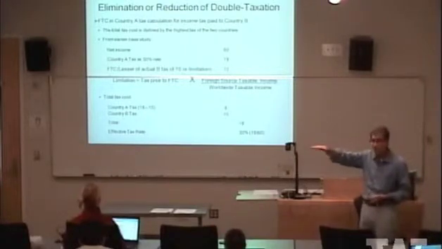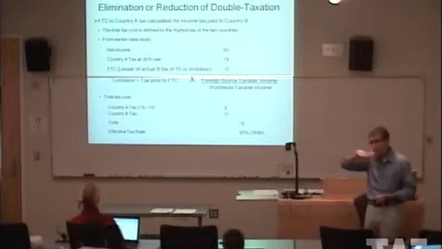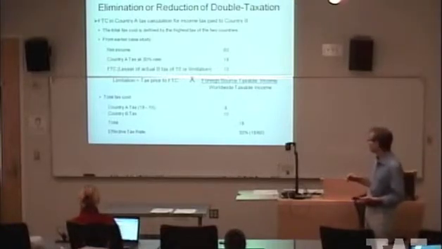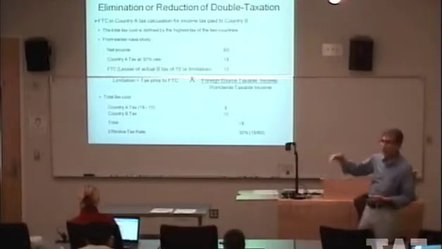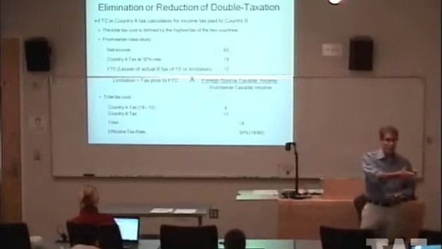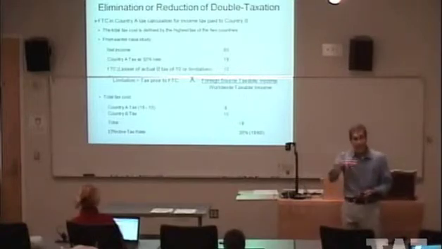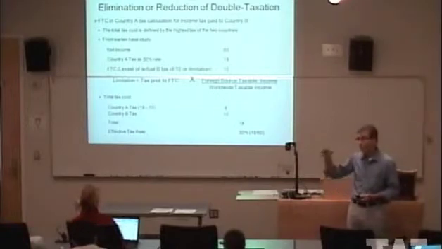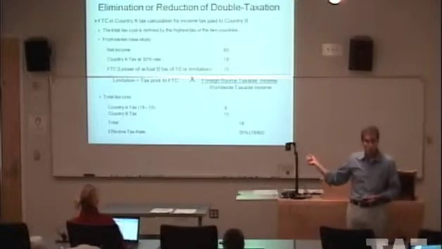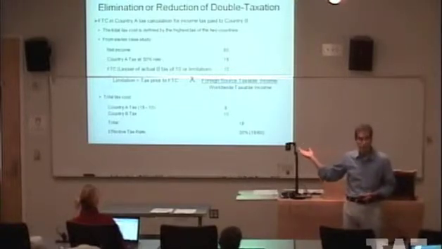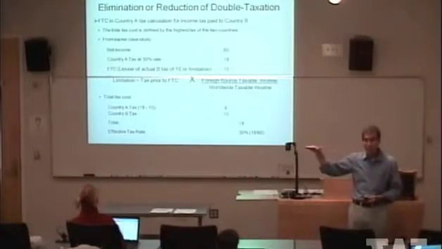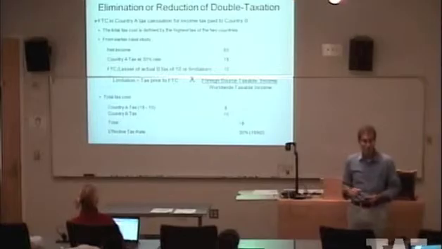Now, I'm using that term effective tax rate a little loosely because one calculates its tax on gross income, the other calculates it on net income, but economically one will be higher than the other, one will be lower than the other. And whichever is the higher one, if the foreign tax credit mechanism works right, which it doesn't necessarily always do, but if it does, the higher of the two countries' tax will be the limit of how much is taxed.